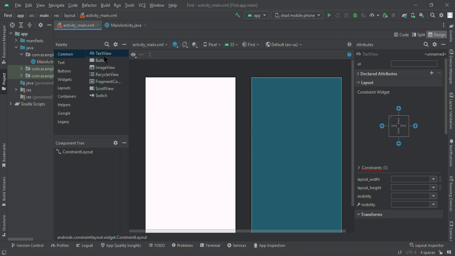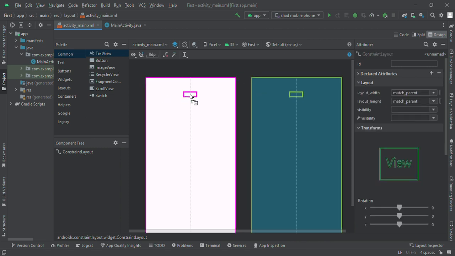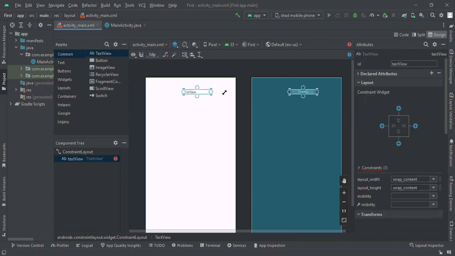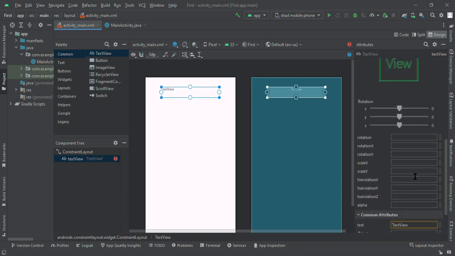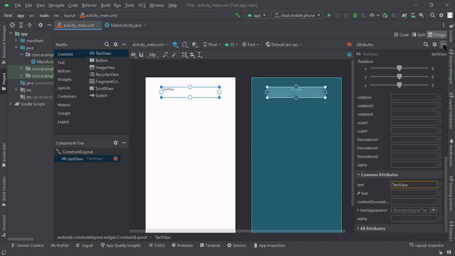Let's say you want to add a text. You may just click on the text and drag like this. See, once I drag, I may increase the height and the length, and here we have layout width, layout height, and all those things which I may need, but I'll not be using this one. Okay,